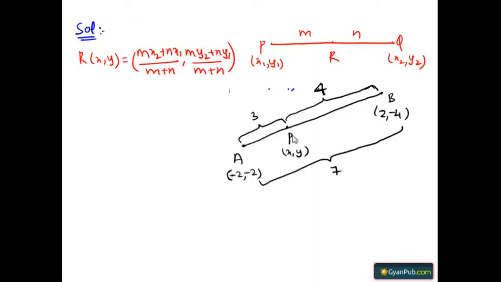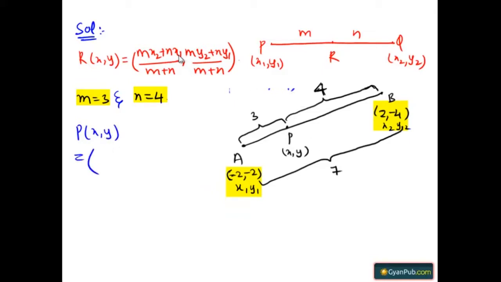Here, the point P divides AB in the ratio 3:4 internally, that is, the value of m here is 3 and the value of n is 4. We represent the point A as x1, y1 and the point B as x2, y2, and substituting the values of m, n, x1, y1 and x2, y2 in the formula, we get the coordinates of point P, x, y equals mx2 plus nx1, which is nothing but 3 times 2 plus 4 times minus 2 whole divided by m plus n, which is 3 plus 4,